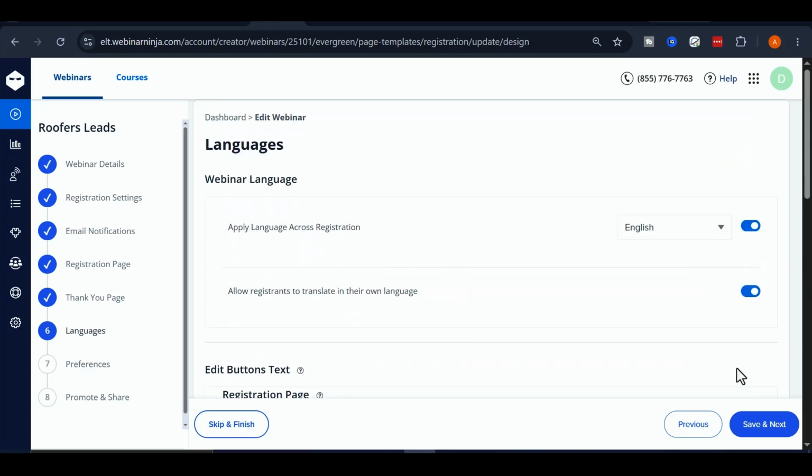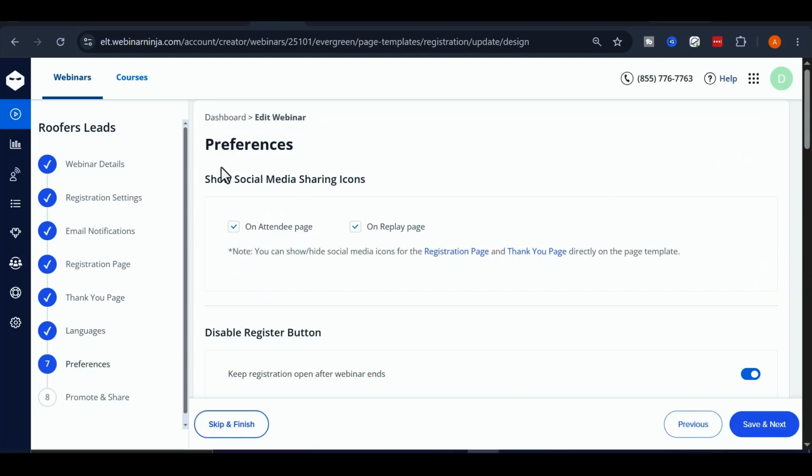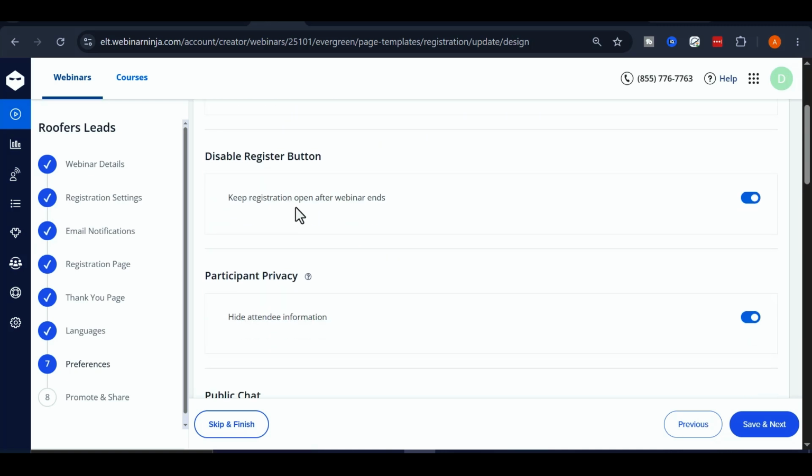Now let's move on to the Preferences section. This is where you can fine-tune your webinar experience. For example, you can choose whether to display social sharing buttons on the attendee page, the replay page, or both. You can disable registration after the webinar ends or continue accepting registrations. You can show or hide attendee lists, disable public chat, enable private messaging, and customize how attendees interact during the